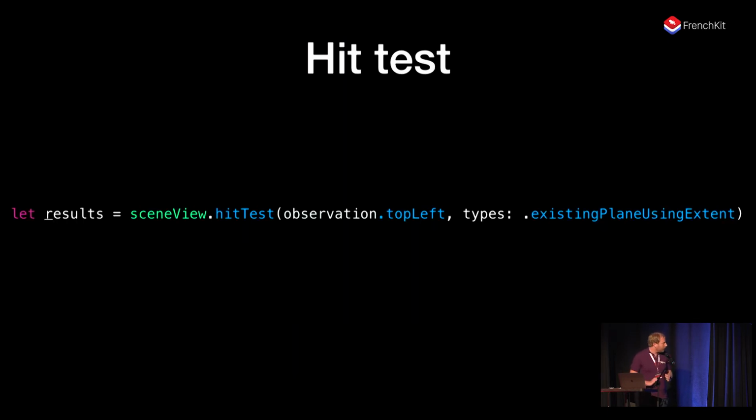Sorry. A hit test is pretty straightforward. You just take your scene view and you call hitTest on it. You give it a 2D position and a type of hit test, and then you get results. What I did in my sample app is hit testing every corner of the rectangle I detected with Vision. And as I have every piece of information about the rectangle, I can deduce the size of the rectangle,